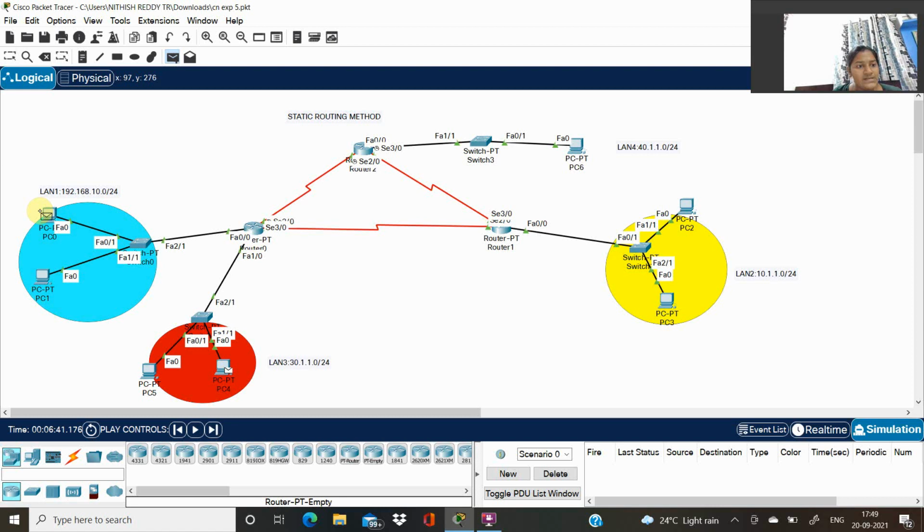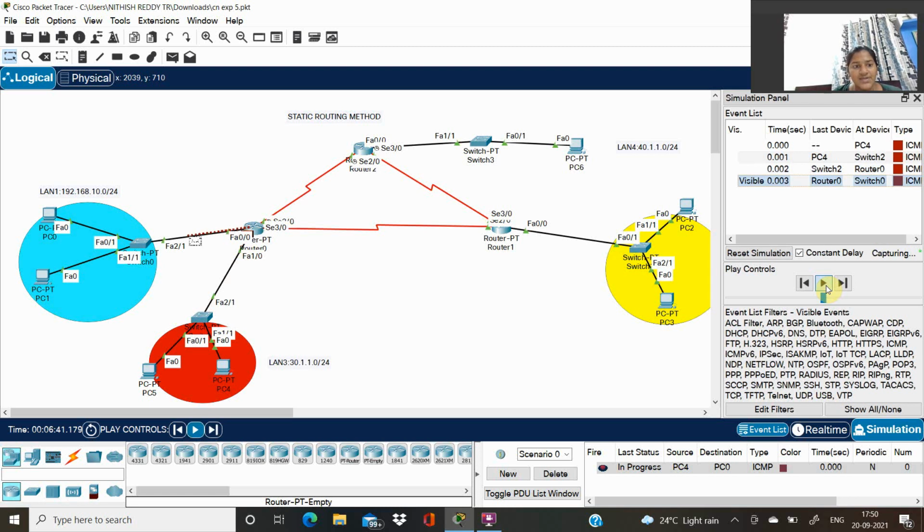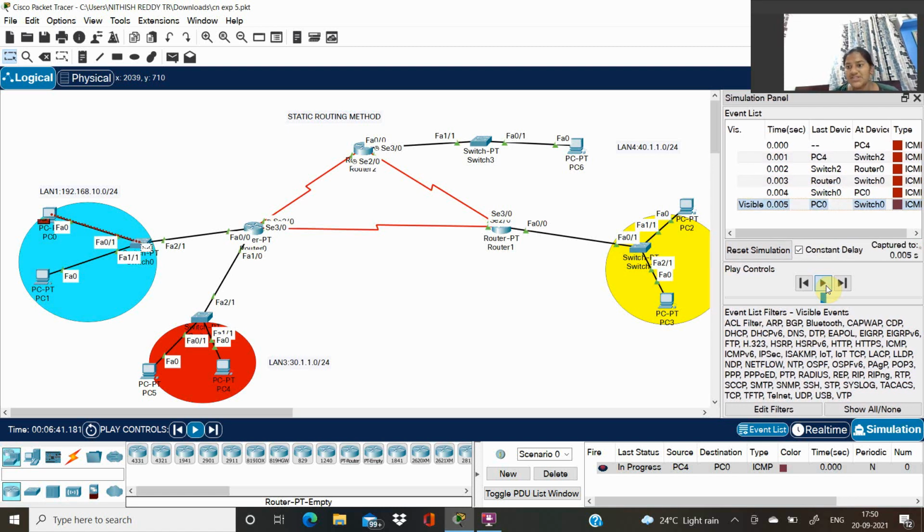PC4 to PC0. Let's check. From PC4 to switch, and from switch to router, and then from router to switch, and then from switch 0 to PC0, and then again from PC0 to switch, and from switch 0 to router 0 again, and then from router 0 to switch 2, and switch 2 to PC4, which is successfully done.